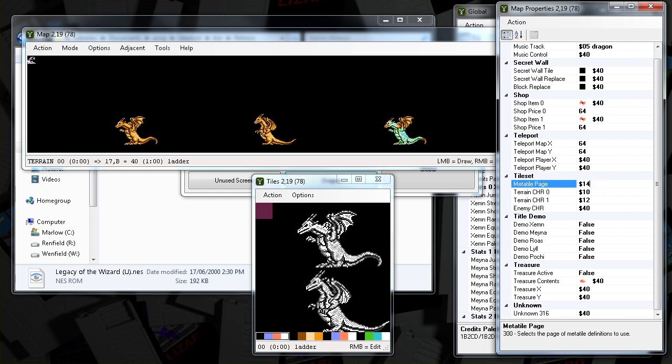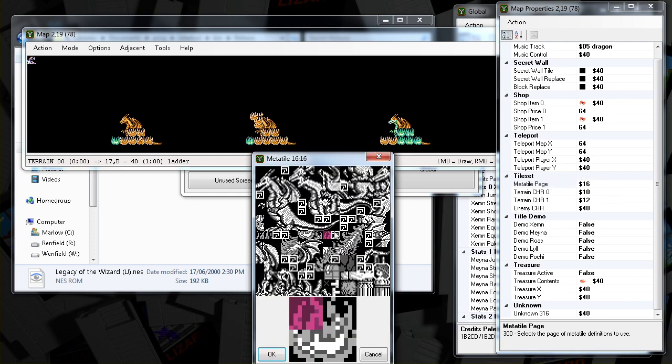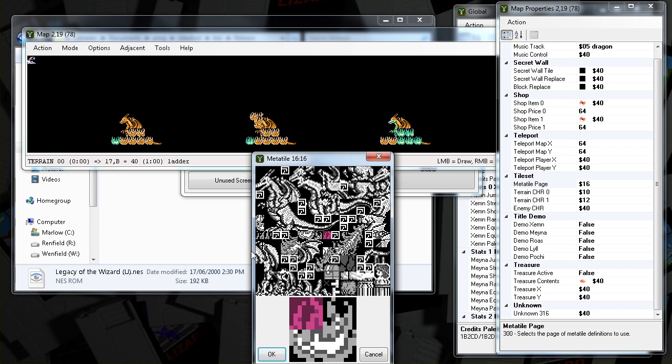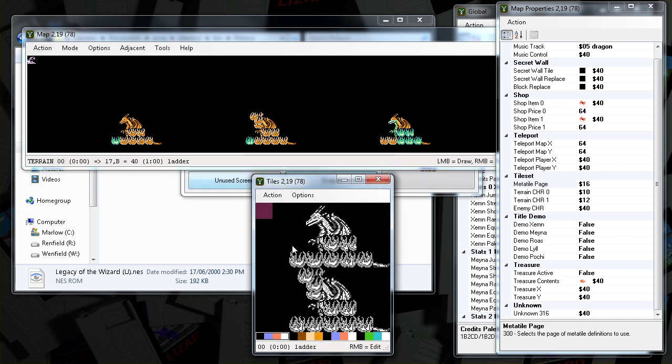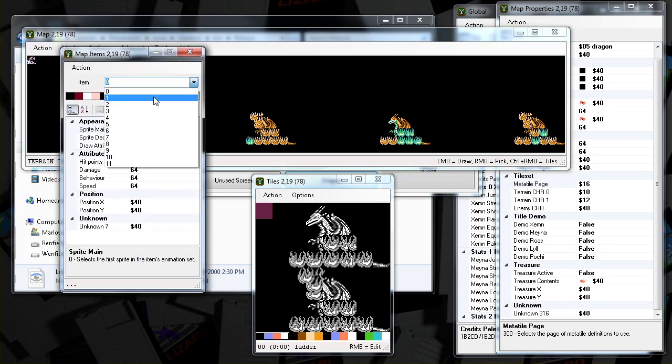So you can see all of the dragon's graphics are in here. If you wanted to edit them, you would edit these meta tiles. You would right-click here and choose New Tiles. And here's the 2 CHR pages. You can see them in the selector here, that all the dragon art belongs on. So this is the stuff you want to edit. And you probably don't want to touch the map. There's also some items on this map with some kind of weird data in them. You probably don't want to change that if you're messing with a dragon.